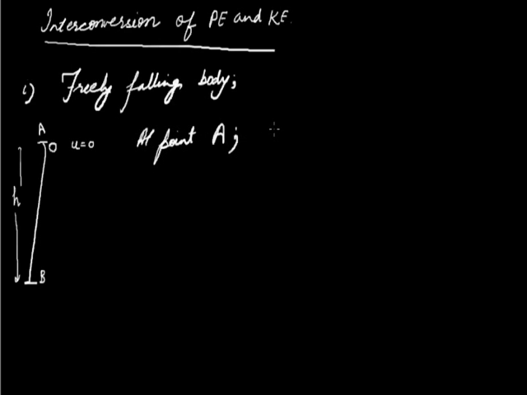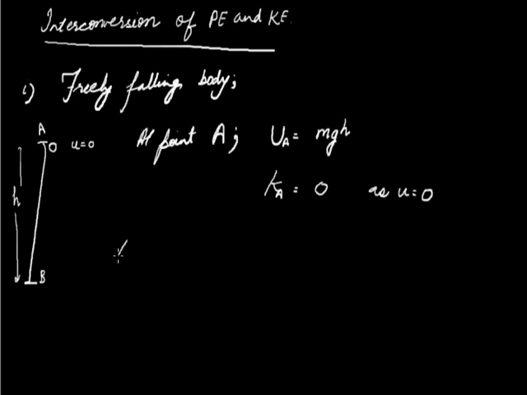we have the potential energy, that is U at A, equivalent to mgh, if the object is taken to be of mass m, acceleration due to gravity at that place is g, and h is the height. But when we talk about the kinetic energy at point A, it is equivalent to 0, as the initial velocity is 0 at point A. So because of the initial velocity being 0, the kinetic energy at point A